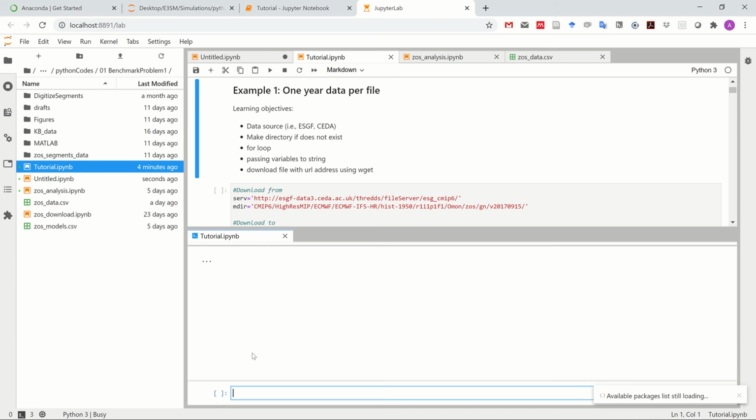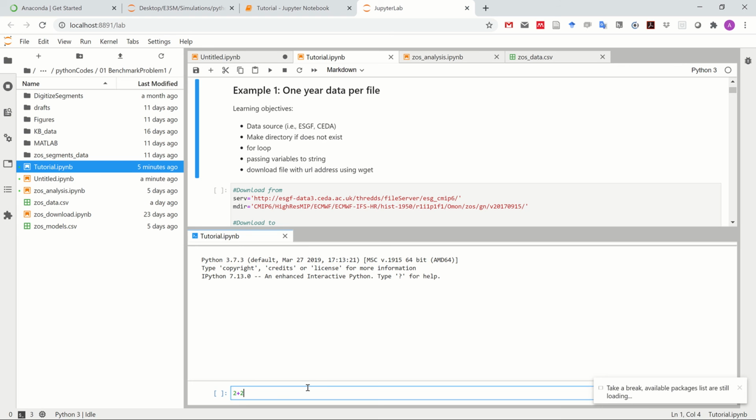You can add a new console for this notebook. Okay, you can see 3 plus 4, for example. Here you click Shift Enter, then you get the answer.